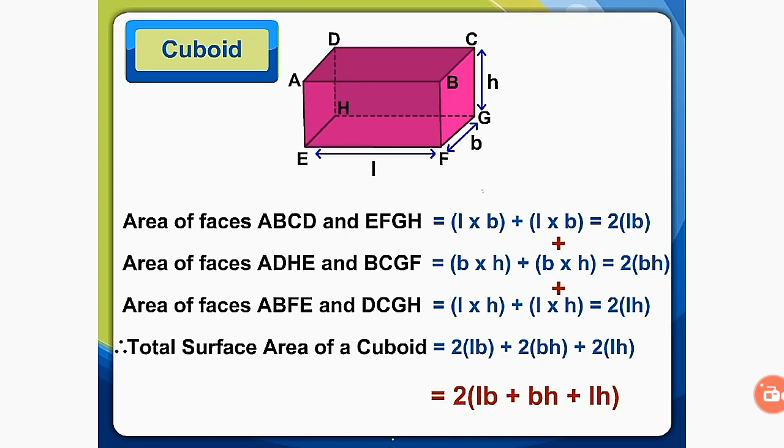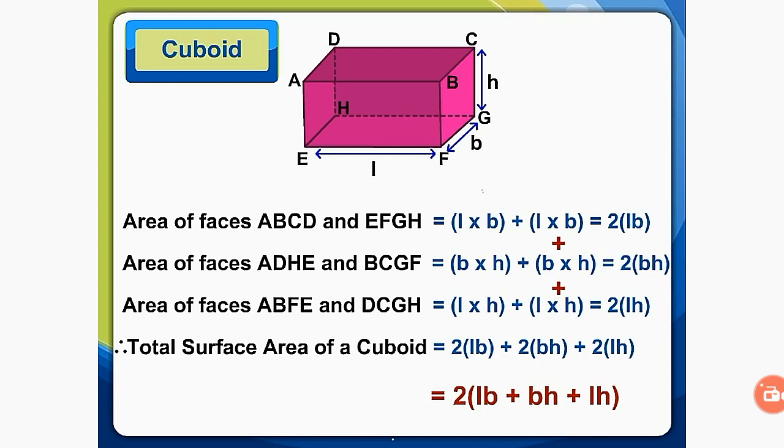So the situations that involve the lateral surface area are when you are painting your room. So if your room is having a ceiling, you don't paint the ceiling, and if the room is having the flooring, you don't need to paint the flooring also. Then what do we paint? We paint only the four walls, the two side walls and front and back walls. So therefore, in that case we need to calculate only the lateral surface area,